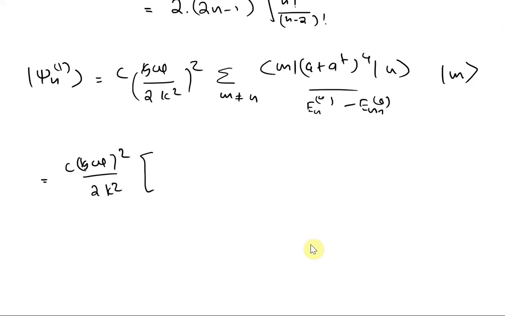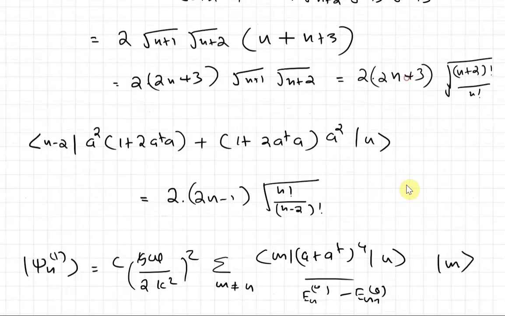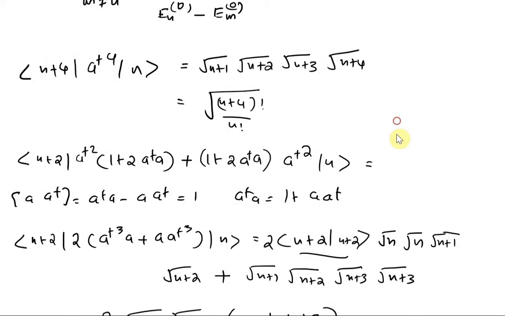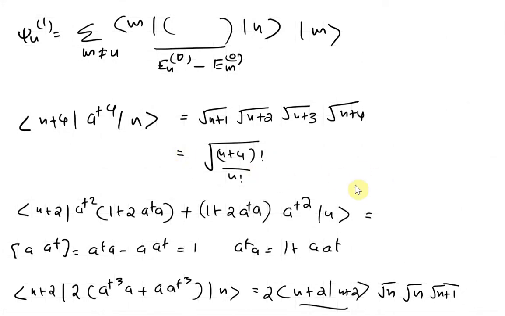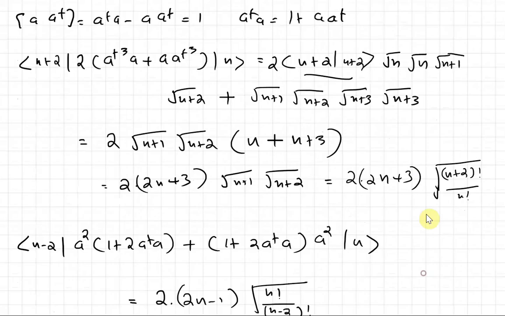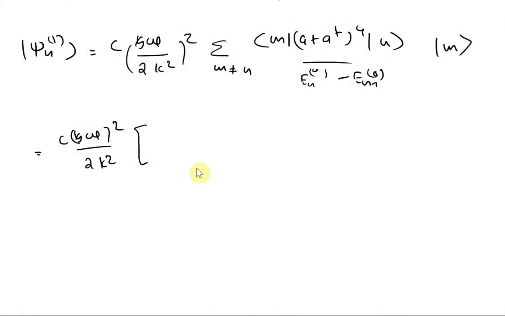So this is nothing but the first term, which is root n plus 4 factorial divided by n factorial, which corresponds to the state n plus 4. That is the first one, and the second one is